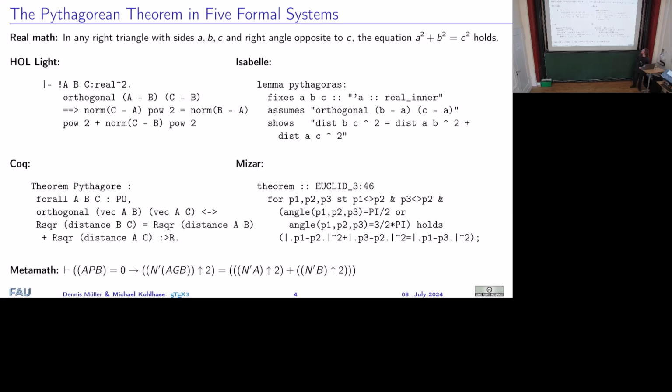I'm guessing most of you don't actually need to see the slide, but I made it a couple of years ago and I like it, therefore I'm going to show it. It's this comparison of basically the same statement in informal math, which is nice and pretty and what it's supposed to look like, and then this mess of formal syntax, which you may or may not be able to read in some instances and not at all in others. Also, by the way, note that the word triangle occurs nowhere in the formal parts. I mean, it doesn't have to, obviously, but it's kind of sad if you think about something like the Pythagorean theorem, I would argue.